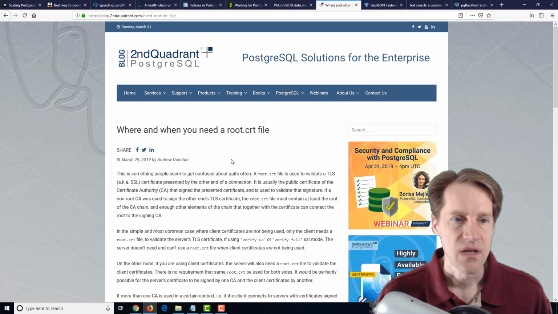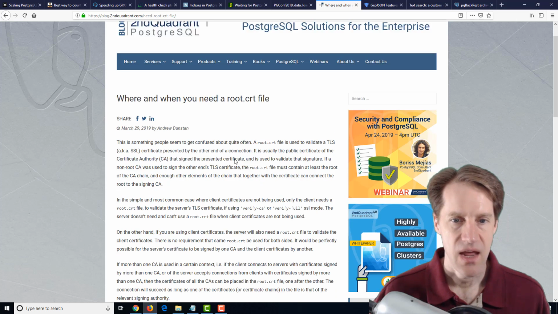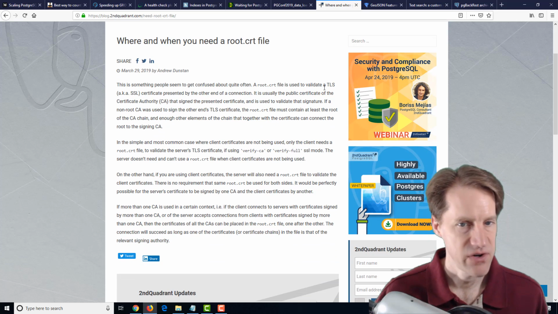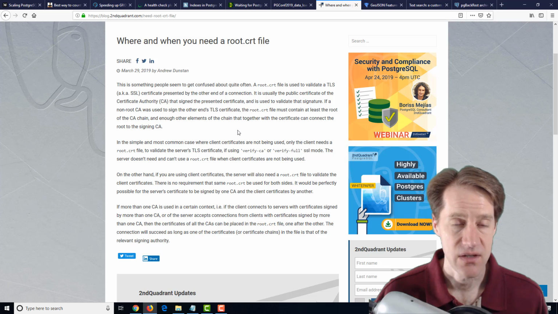The next post is where and when you need root.crt file. And this is from the secondquadrant.com blog. This is a very short post, but it's talking about TLS, which is basically SSL. And in setting that up with PostgreSQL, it talks about the cases when you would need a root cert